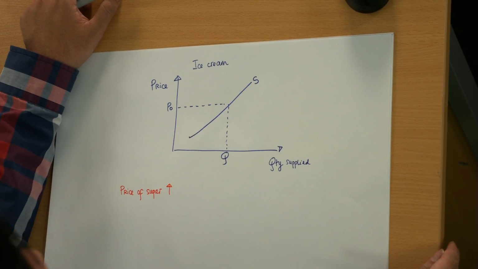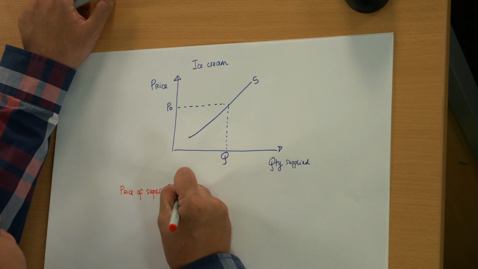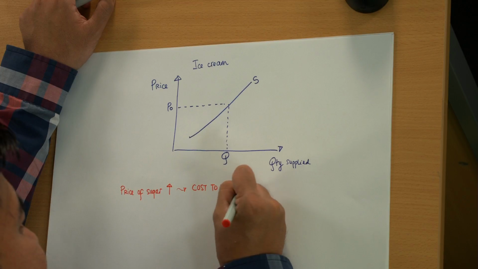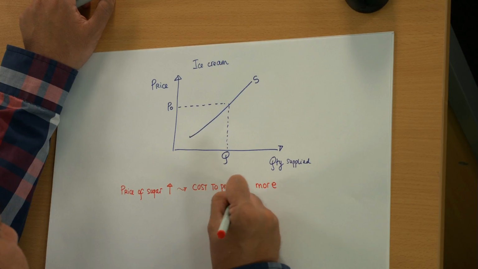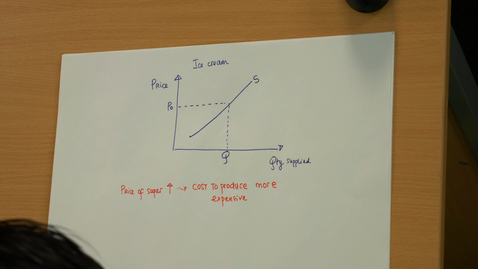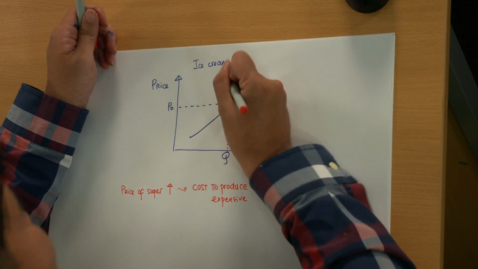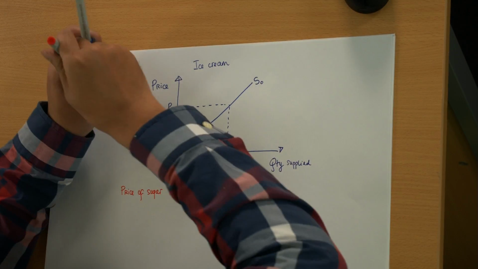increases. See, to make ice cream, you need sugar. Sugar is the raw material to make ice cream. So what does it mean? That means the cost to produce ice cream becomes more expensive. Is that good news or bad news? That's bad news, guys, from the perspective of the suppliers. So what do you think the suppliers are going to do, guys? They are going to cut down supply. Are you with me? Okay. So in this case, how do we illustrate that, guys? You shift the supply curve